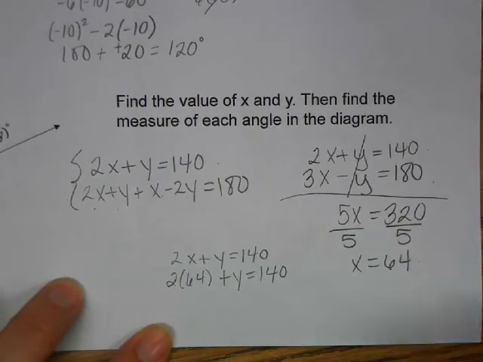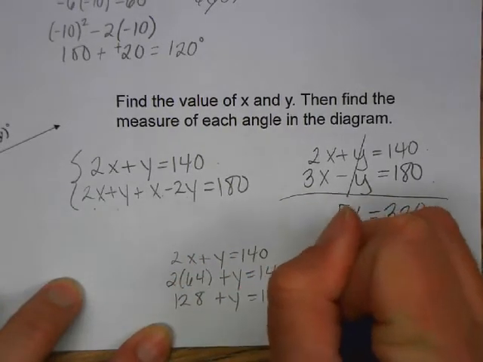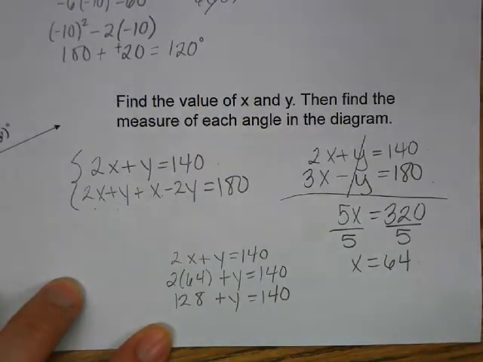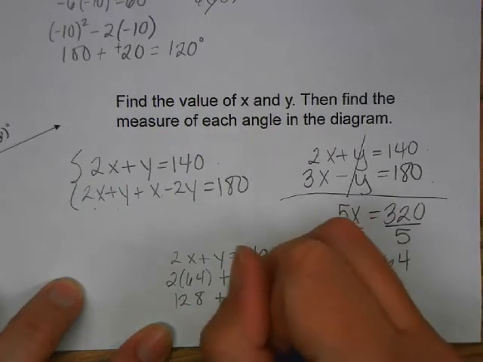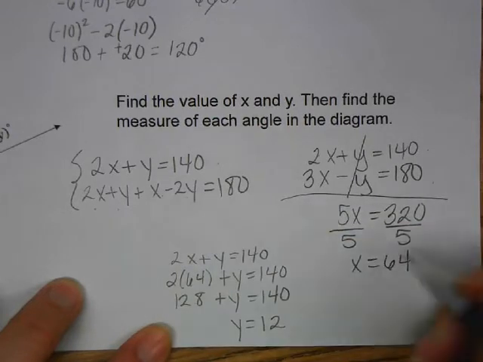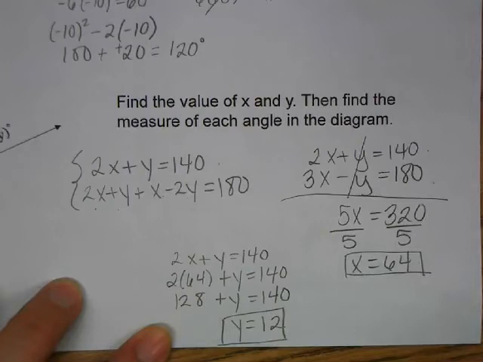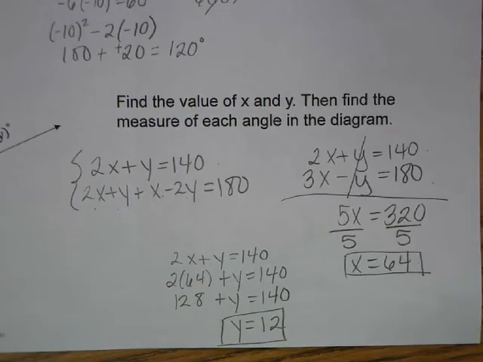So 2 times 64 is 128. And then subtract 128 from both sides. And 140 minus 128 is 12. So I have x is 64, y is 12, and now I want to see